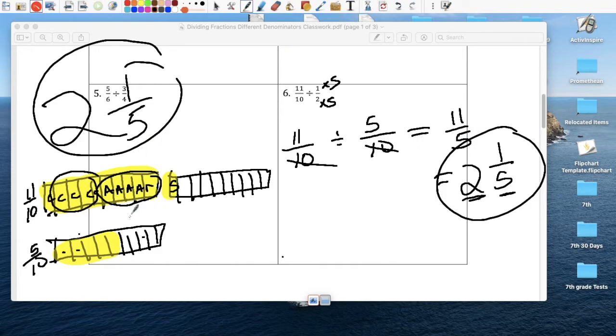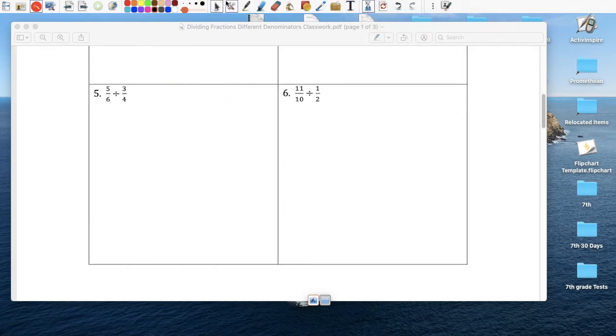Okay, so whether you do it using pictures, it just makes you see it, right? Or from here, we transition to this, right? So once you understand the pictures and why your answer is such a way, then you can just automatically do this and not do the drawings anymore, okay? So on the next page,